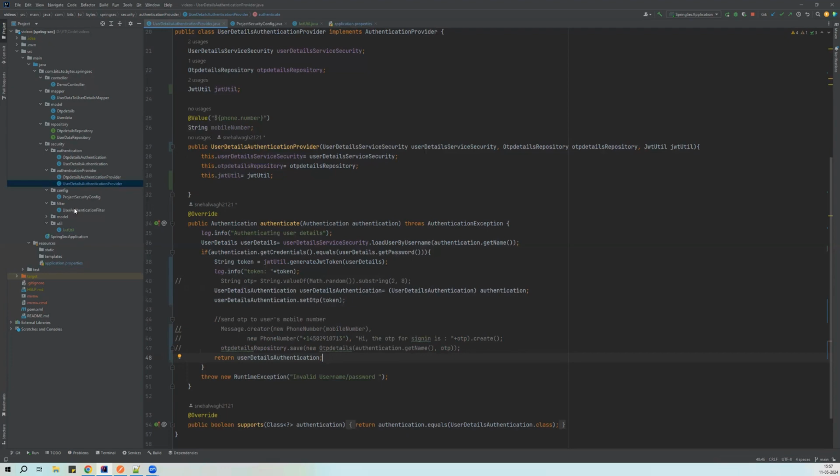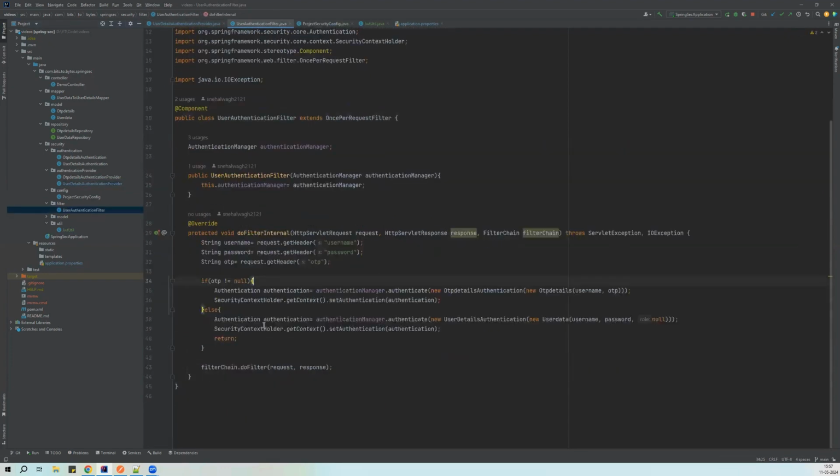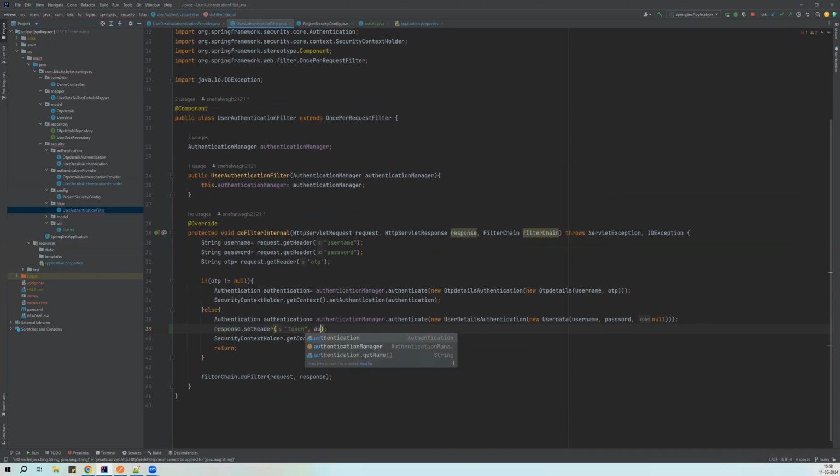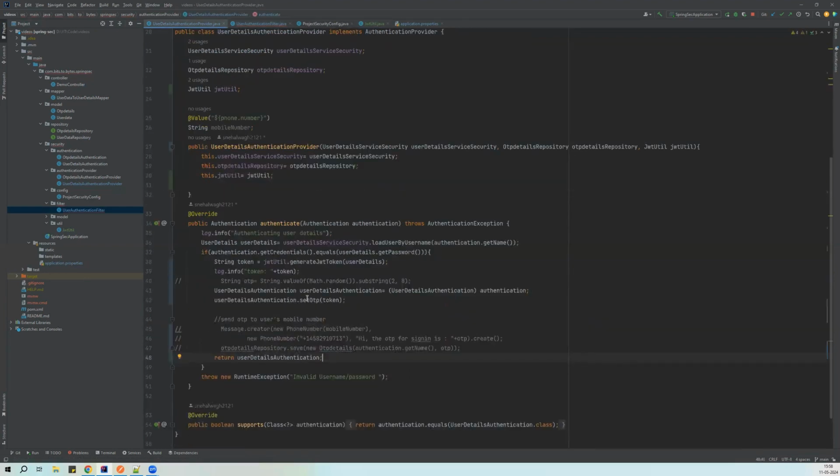So we have generated and are sending this authentication back to the manager and provider. So in the filter, let's give the user the response header as JWT token. So response dot set header, let's put token authentication or get details. I think we have set it in. Instead of set OTP, we will put set